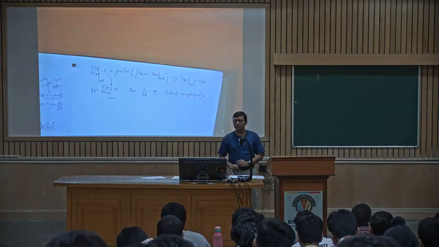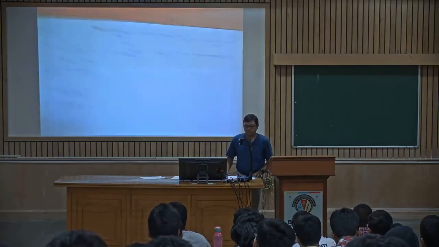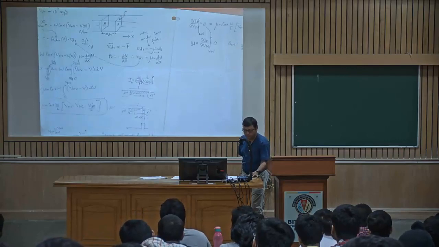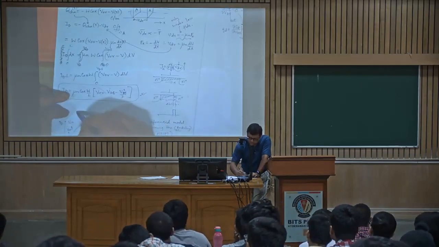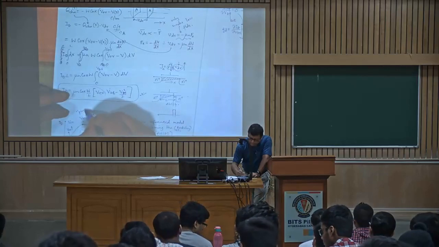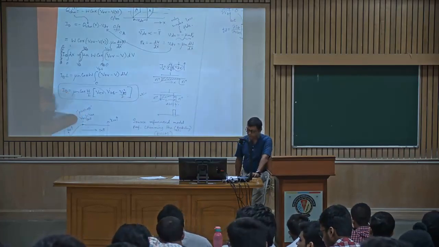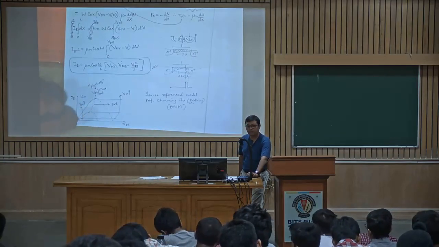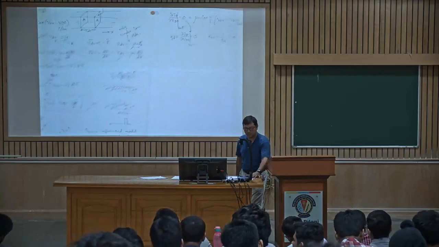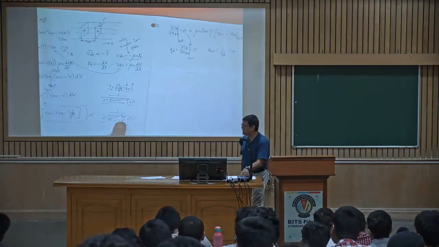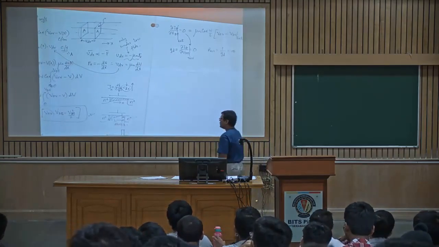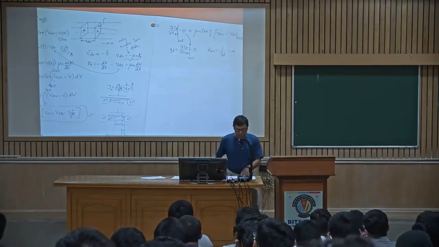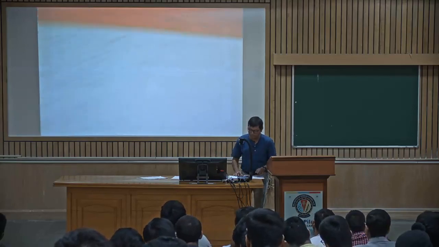What is the problem with that? That comes because of what happens beyond pinch off. Where is pinch off happening? This is also called the pinch off region. Beyond pinch off, beyond this particular linear saturation boundary, it starts having this kind of phenomenon. The channel simply recedes away from the drain terminal and gradually moves toward the source side. But remember, always delta L is much smaller than L.